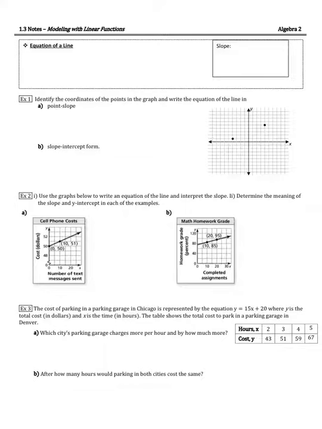So the first way, which is the one everyone seems to remember, slope-intercept form. That one is y equals mx plus b, where m, of course, is your slope, and b is the y-intercept. Then the other one, which people don't seem to use as much, but actually is way easier, is called